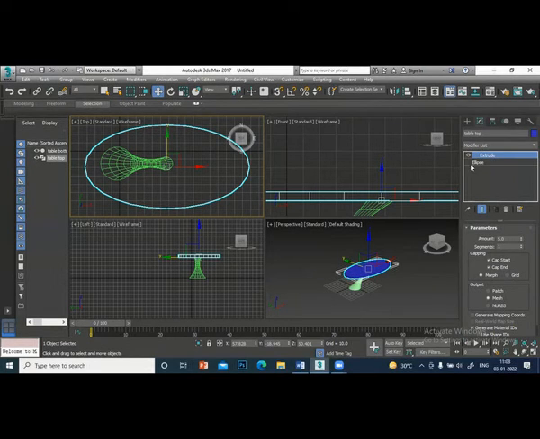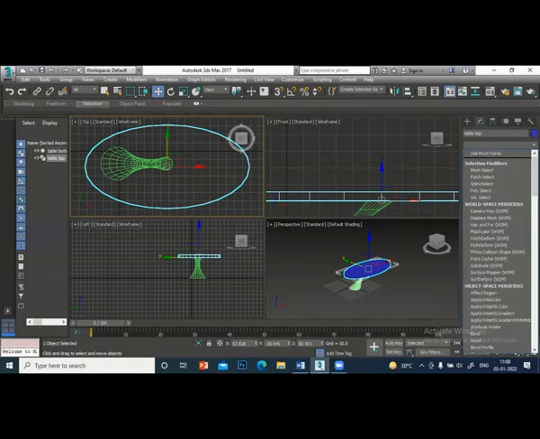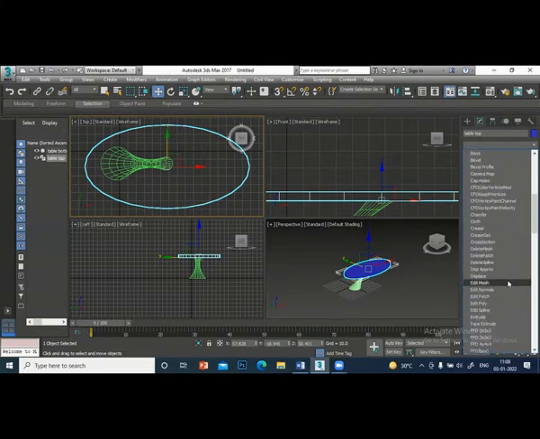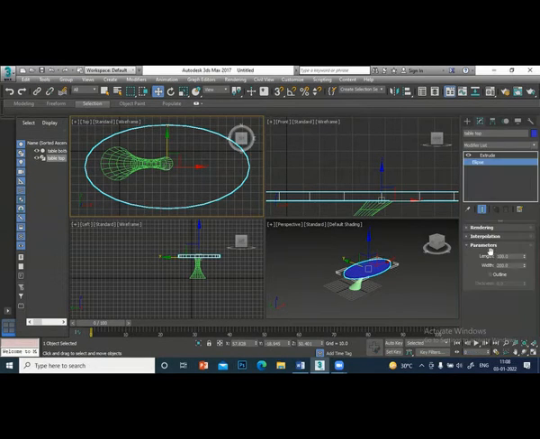That is why the edit spline is coming. You have to select the ellipse. See, edit spline. Earlier, edit spline was not coming because we are in the 3D extrude. Extrude, it will not show. The spline will be showing only for 2D objects. Since we want to modify the ellipse, I select the ellipse. Then I will apply the edit spline.